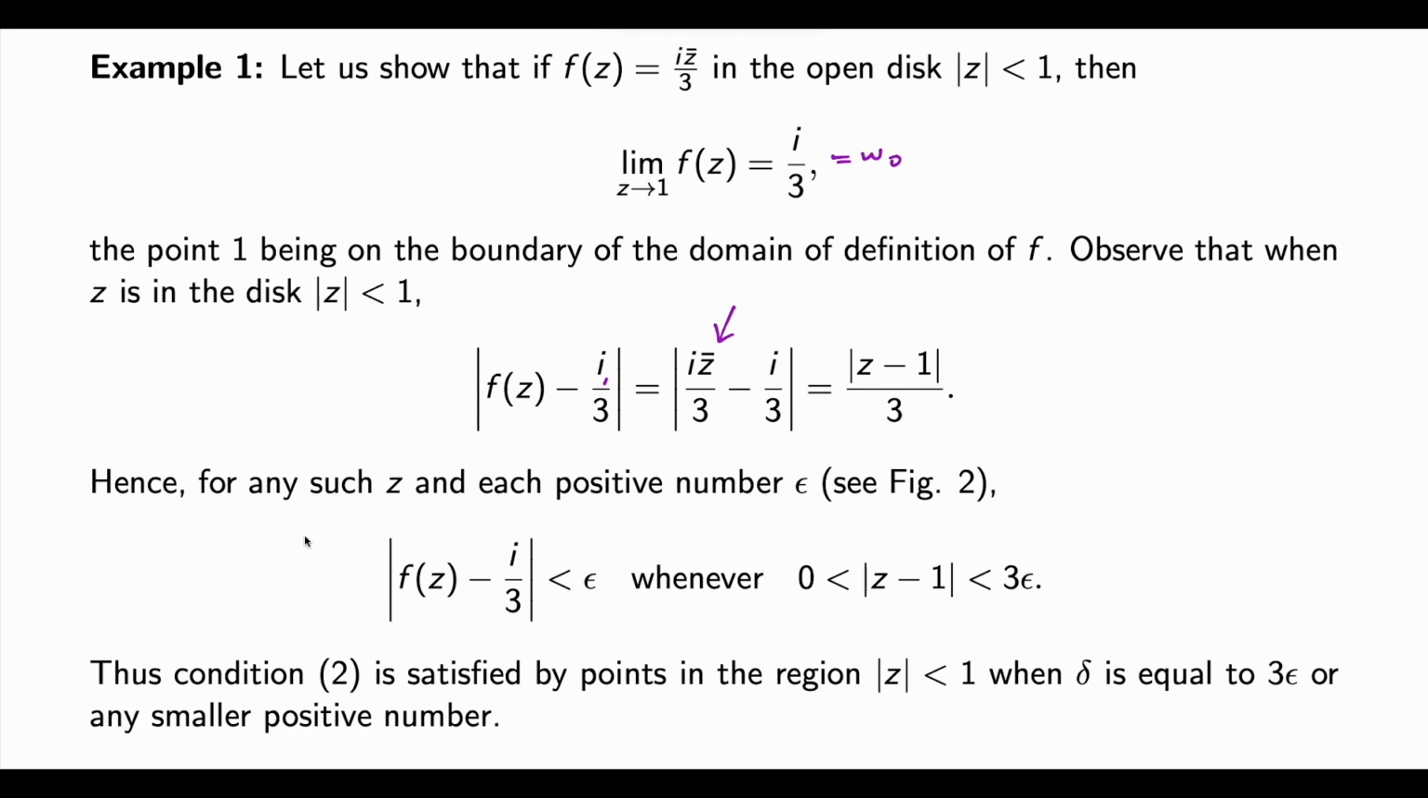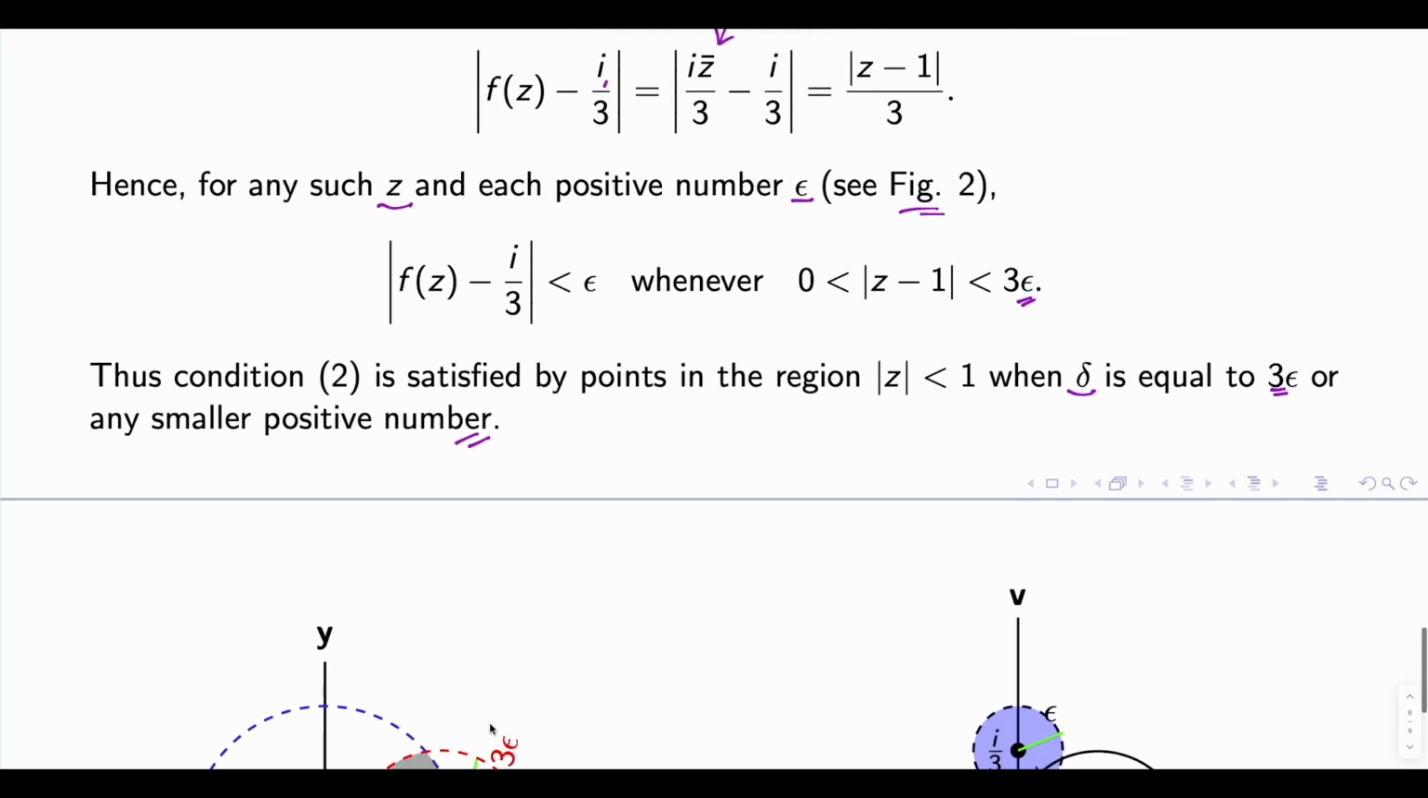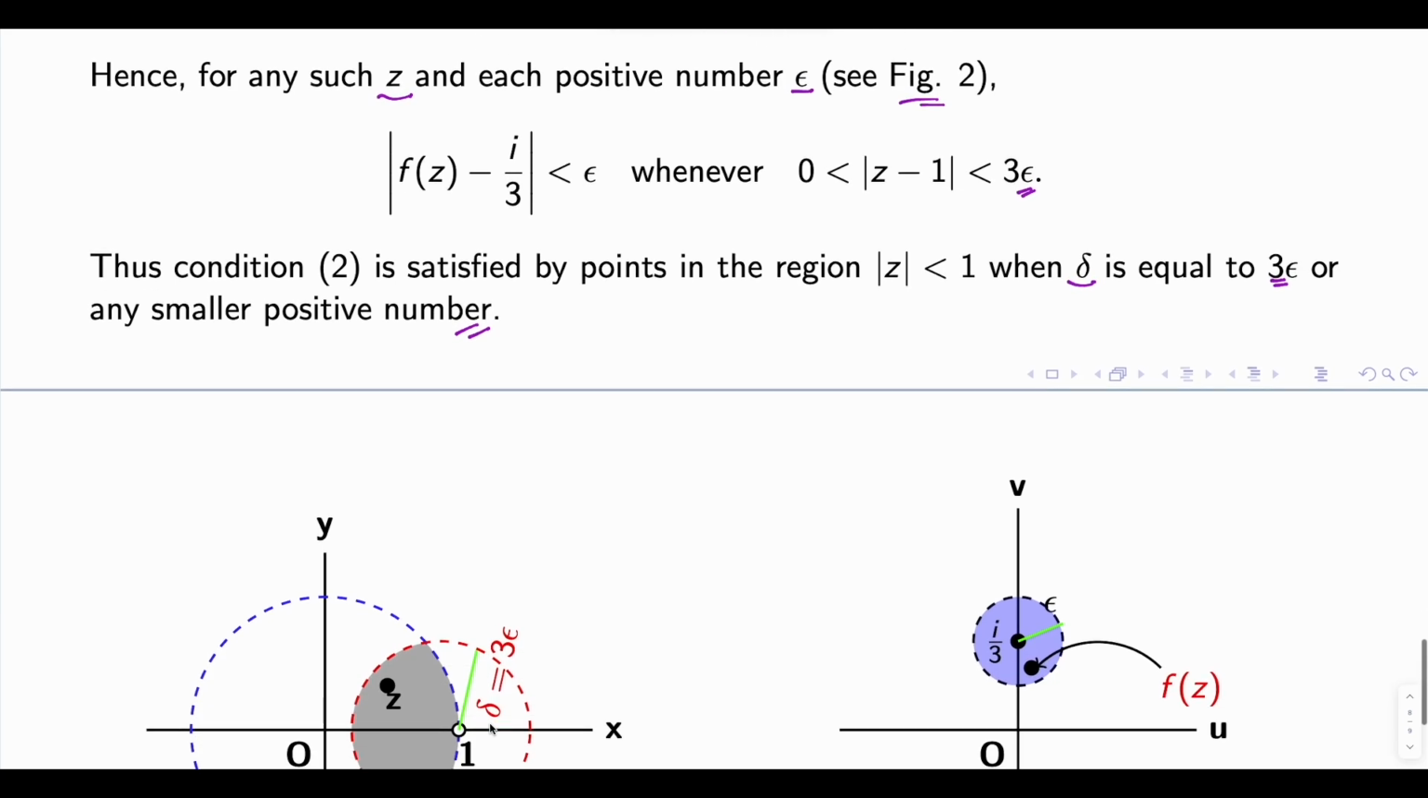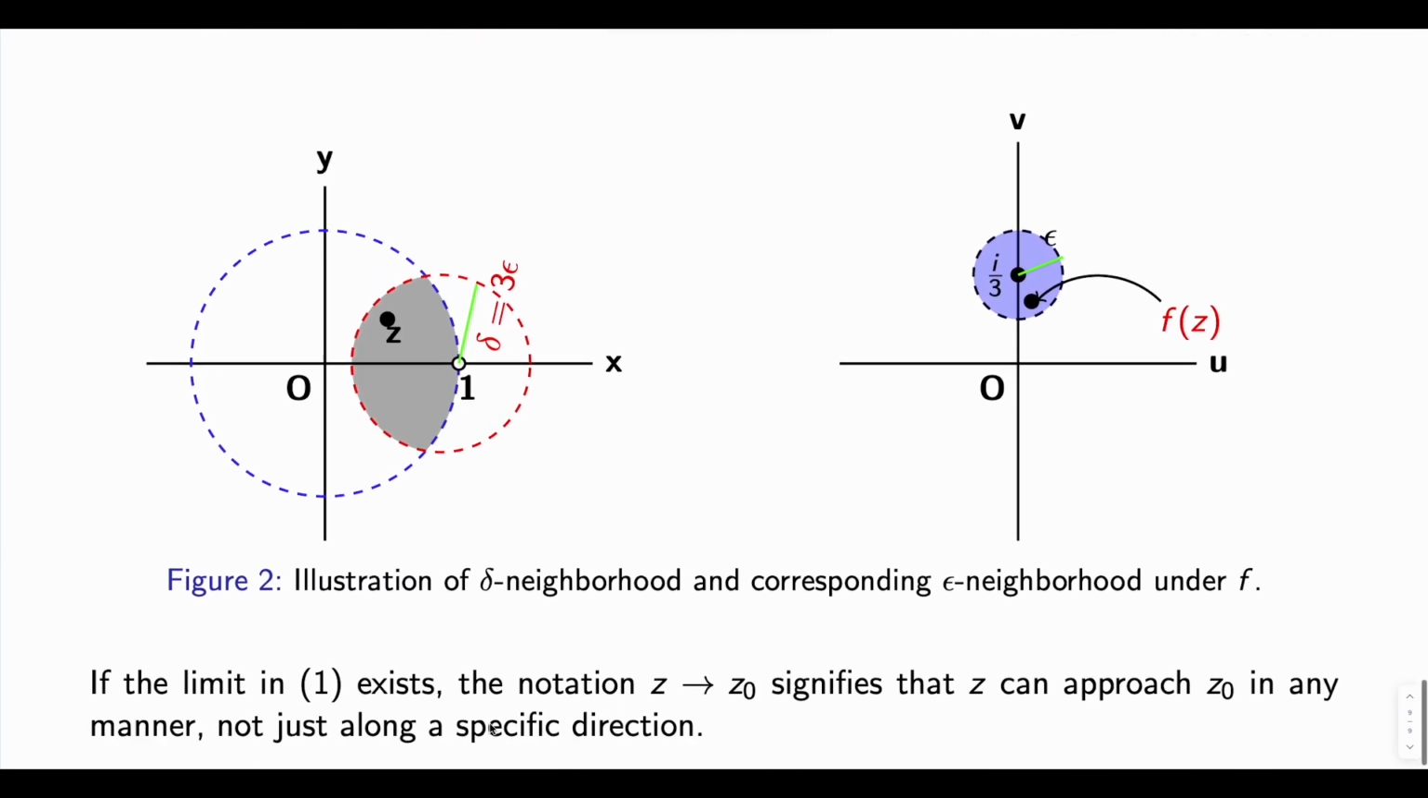Hence for any such z and each positive number epsilon, we can see in figure 2, modulus f(z) minus i by 3 is less than epsilon whenever 0 is less than modulus z minus 1 less than 3 epsilon, right? So condition 2 is satisfied by points in the region modulus z less than 1 when delta equals 3 epsilon or any smaller positive number, right? So if you see the picture,